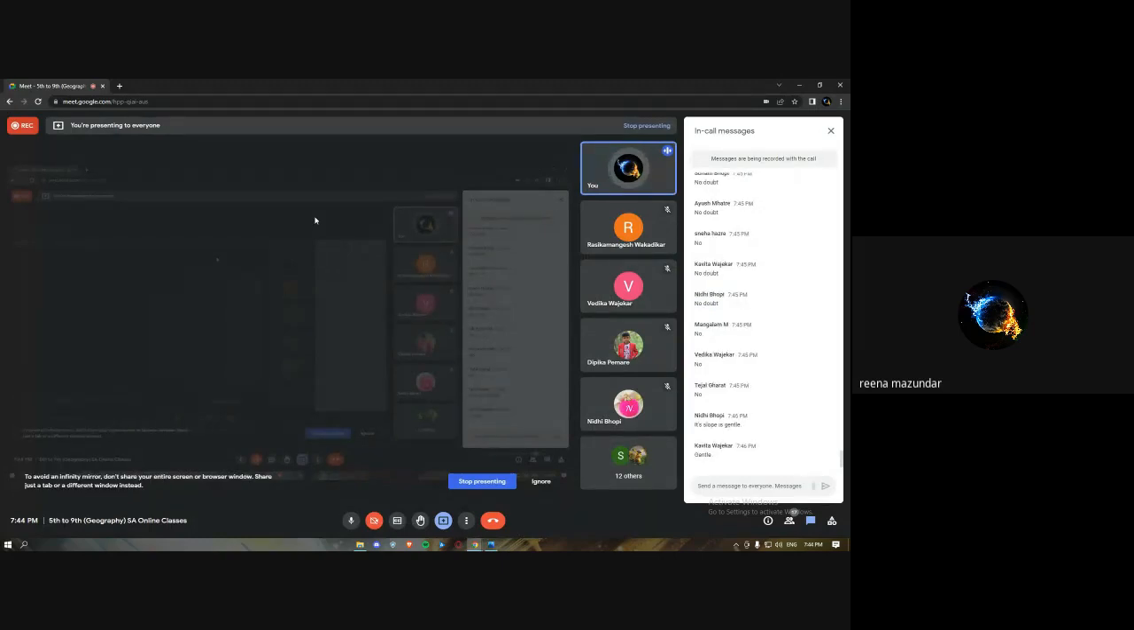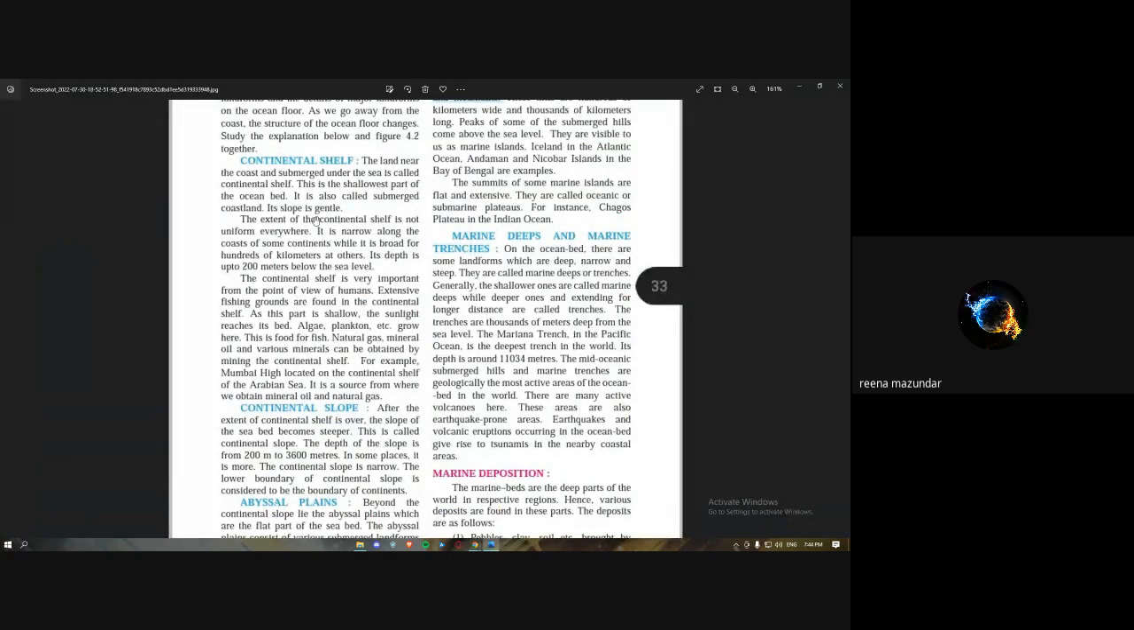Kavita, gentle. Anybody else? Put the answer. The slope is gentle. Others? Ayush. So many are there. Give the answer. Very good. Very good. Then,